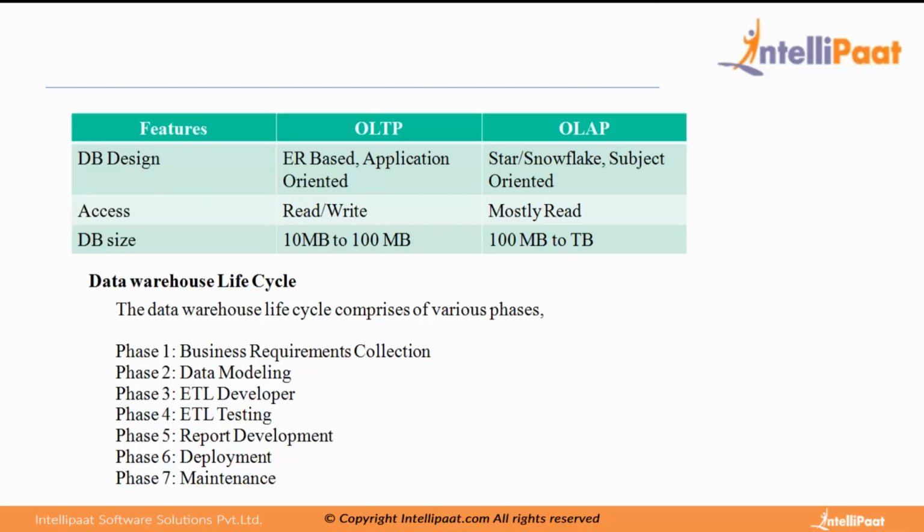We have to pull the data in the form of reports. We have to join multiple data and pull them in the form of reports. Then we need to go deeper into the model, so we use dimensional modeling here. There are several schemas under dimensional modeling. So in OLAP systems, we go for dimensional modeling, wherein we'll have multiple dimensions and some facts, we will join them and then pull the reports.